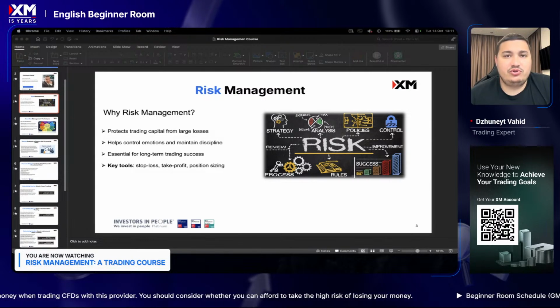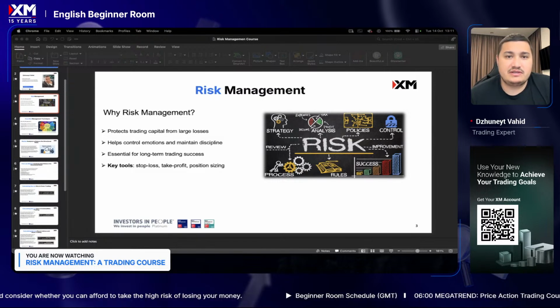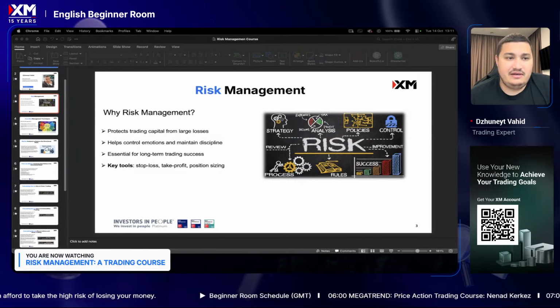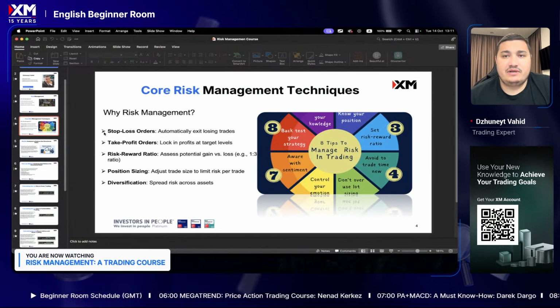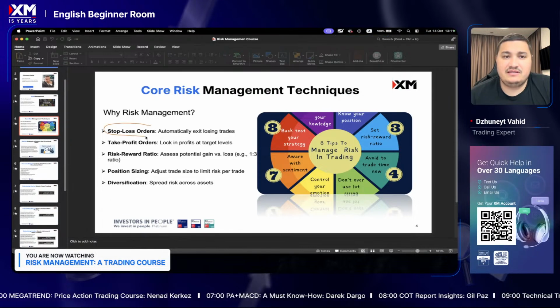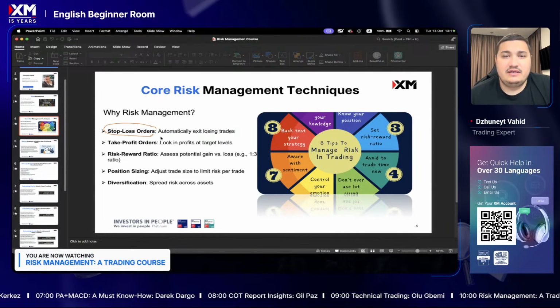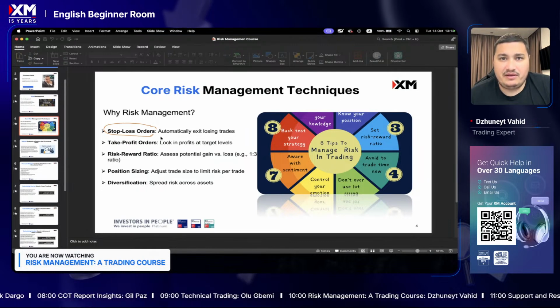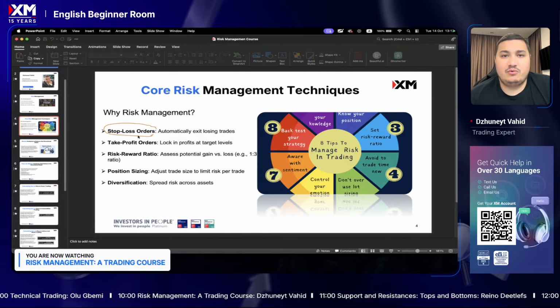What is your risk management? Do you have specific rules, simple or not so simple rules that you are managing your risk with? What's your risk tolerance? Let's go down to stop loss orders. Let's see, how are you placing your stop loss orders, guys? Do you have specifically designed rules on how to place stop losses? Is it based on price action? Is it based on your market analysis, like patterns? Based on what do you decide where to place your stop loss?